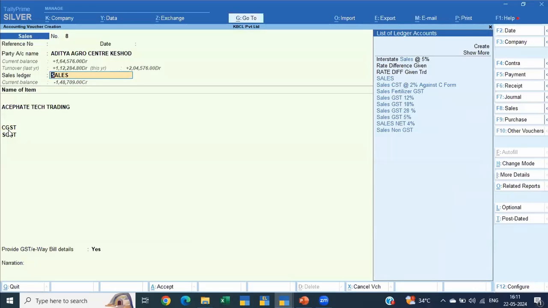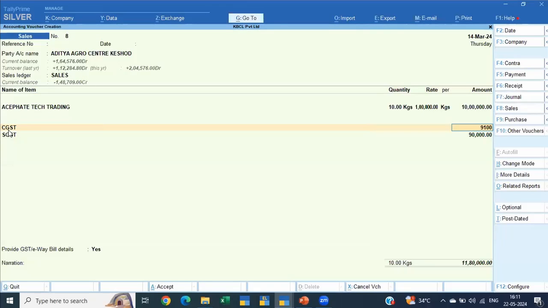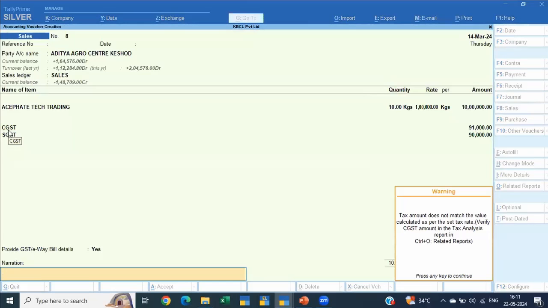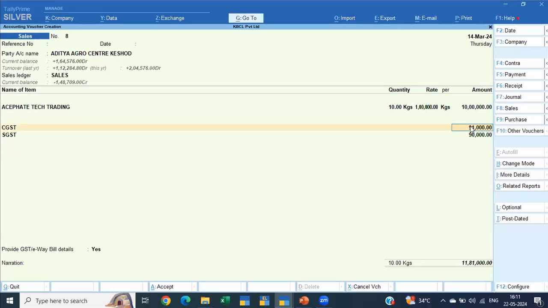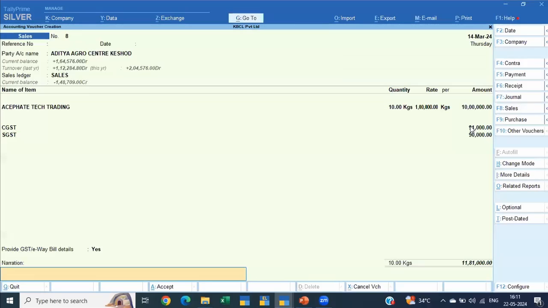I'm just going to quickly change the value, 91,000 instead of 90,000. The moment I say accept, it's going to ask me, tax does not match. Do you want to accept? This particular accept override information itself will not come. It will not allow me to override itself if we do the security.